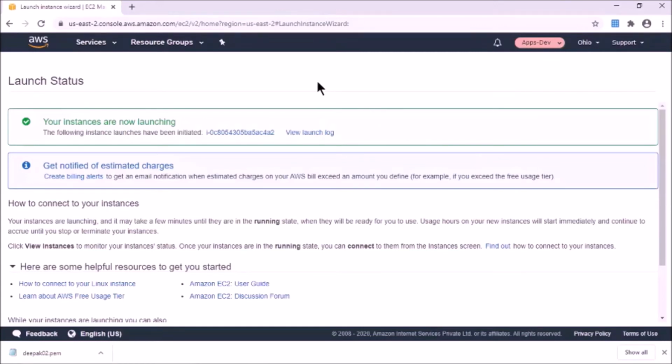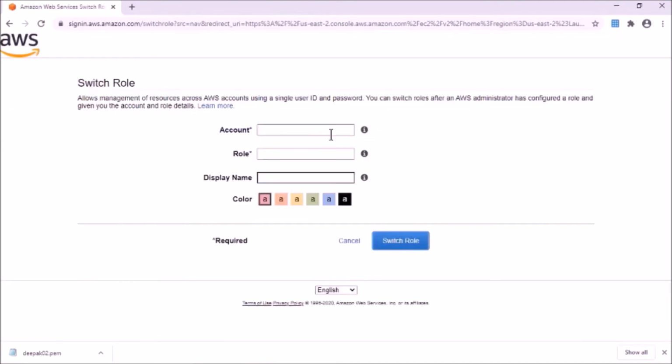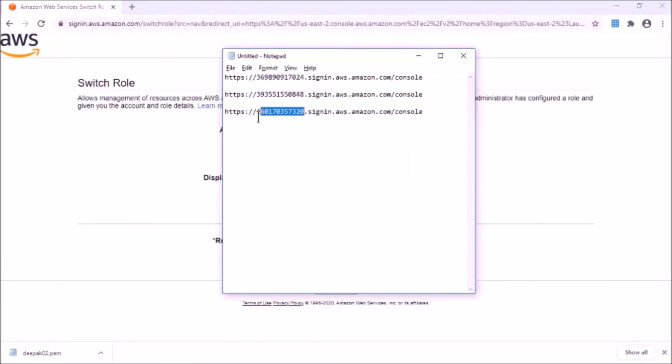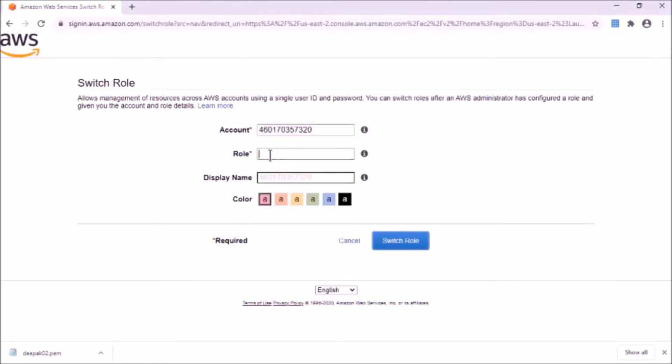Now let's check the access for Deepak in the Apps Prod account. So we will switch the role for Apps Prod. We will provide the account ID for Apps Prod, and we need to mention the role name.